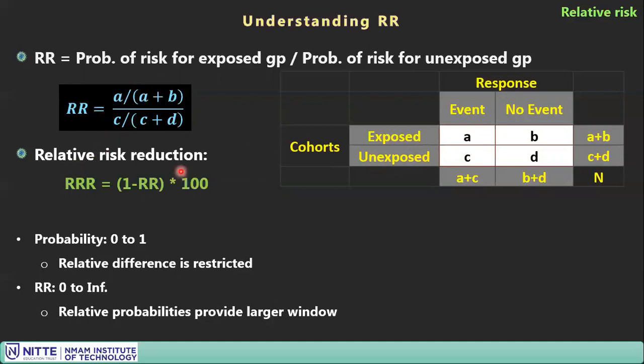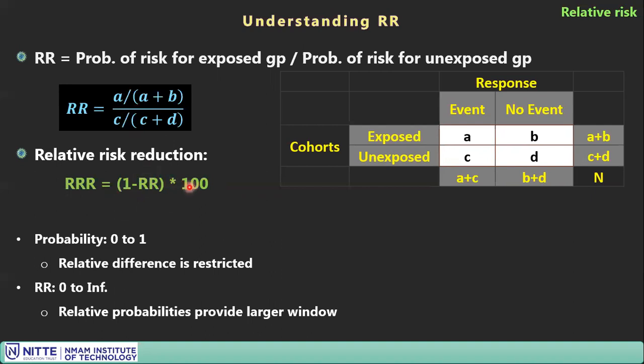There is one more term called RRR, the relative risk reduction. This is a decimal value. You would like to express it on a percentage scale. You would have heard something like taking a particular vitamin reduces the risk of aging by some 20%, 100%, 200%. A percentage scale you would have heard. So it's an equivalent terminology that you can use here. So the decimal value that you get here, RR, you have to deduct from 1 and multiply by 100.